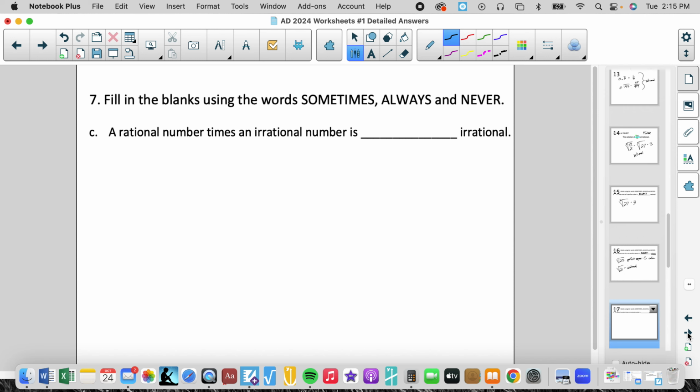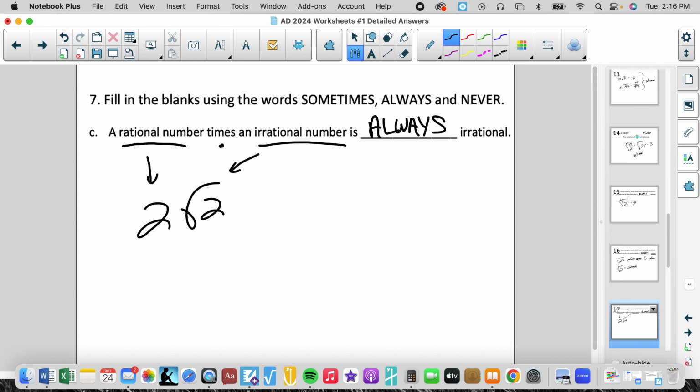A rational number times an irrational number is irrational. A rational number times an irrational is always irrational. No rational number times an irrational number. 2 times the square root of 2, that's a rational number times an irrational number, is going to give you an irrational number. This is going to be a non-repeating number, and whether you multiply it, double it, whatever, and